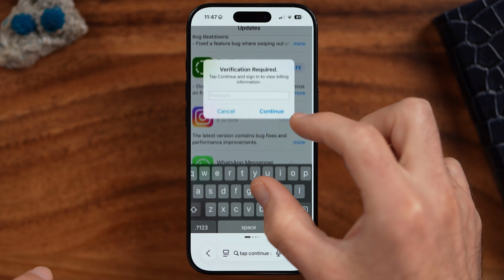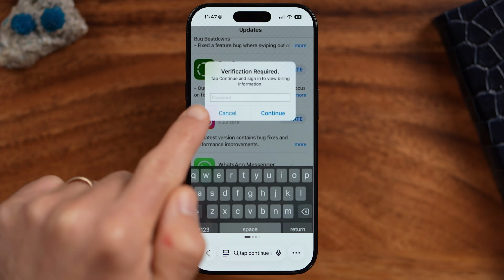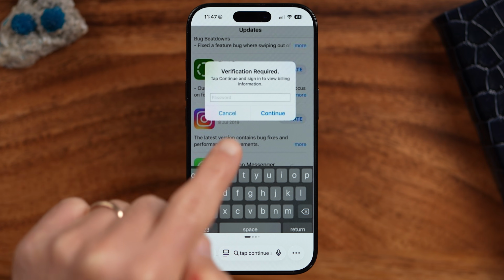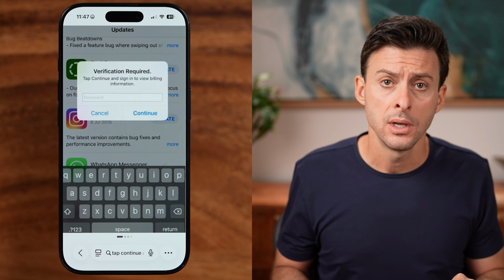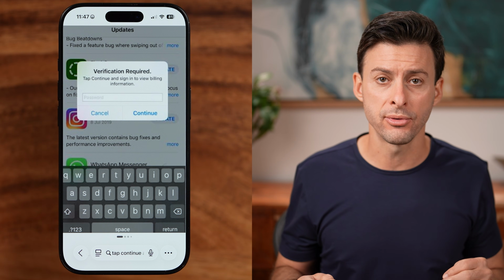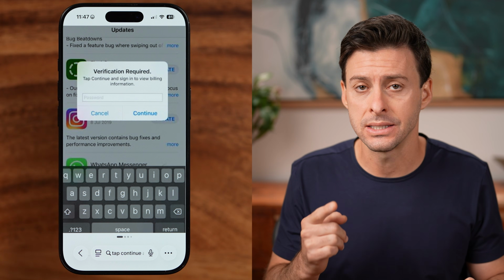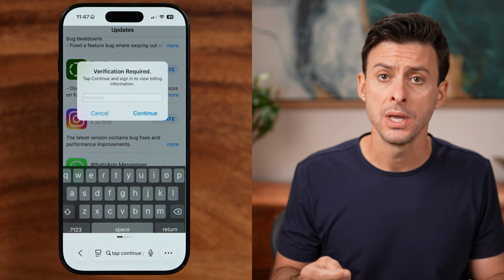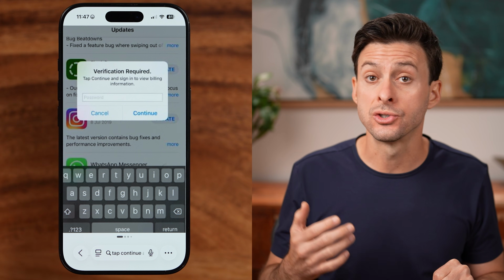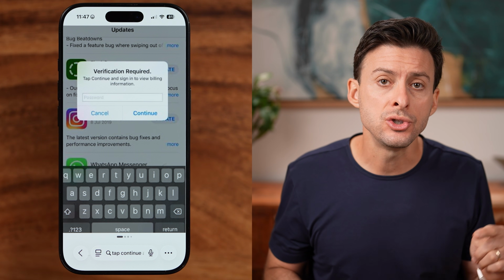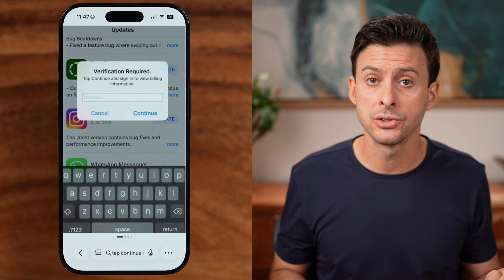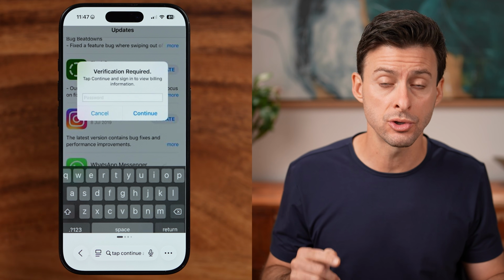When you go to download a free app, it says tap continue and sign in to view your billing information. And it will ask you for your billing information even though that specific app is free. Essentially, the reason why this could be popping up is because you have an unpaid balance on an existing subscription